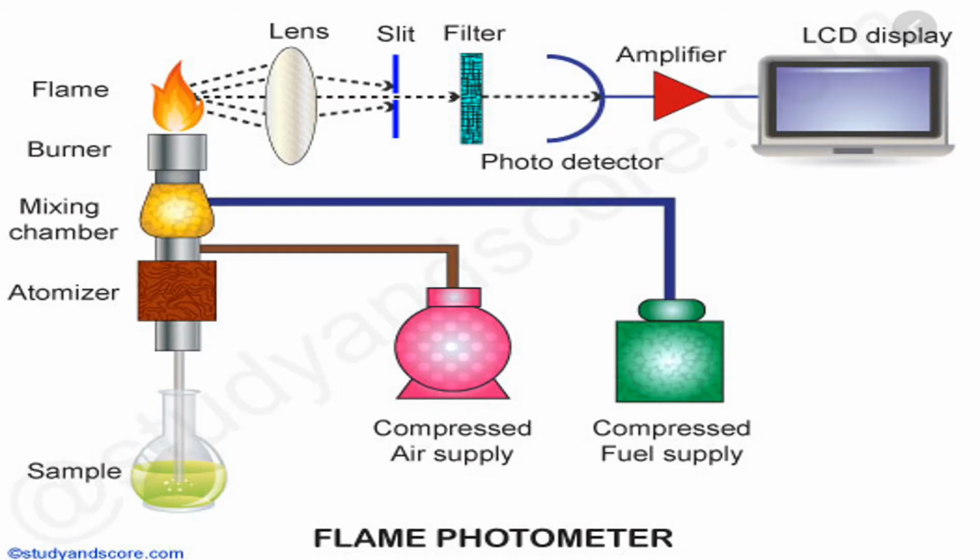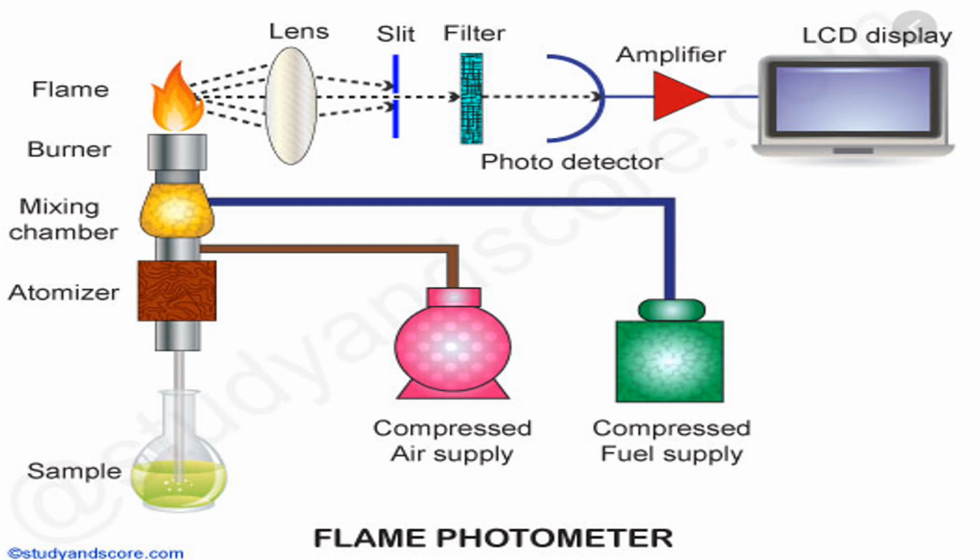Now see, this is the complete picture of the flame photometer. As I told, this is your sample test solution. So this is the capillary tube through which your test solution is drawn into the sample delivery system. From here to here, it is sample delivery. Atomizer means this is mixed with flame only. So here this is the sample delivery system.